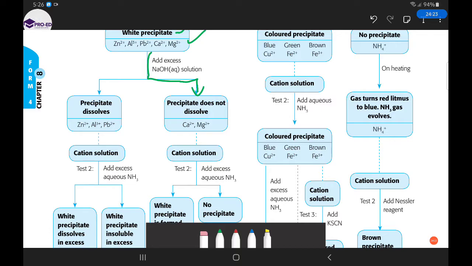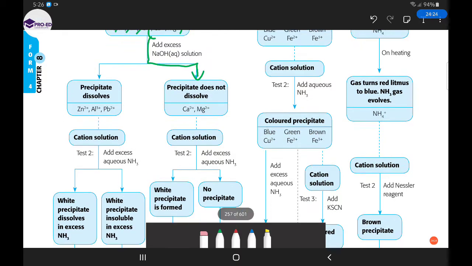That means the only two ions left, if it's not zinc, aluminium or lead, so we cancel off zinc, aluminium, lead. The only two ions present are what? Calcium and magnesium. So we bring that down here. So now we know it's either calcium or magnesium, right? So that's what we have done. And then what they told us there